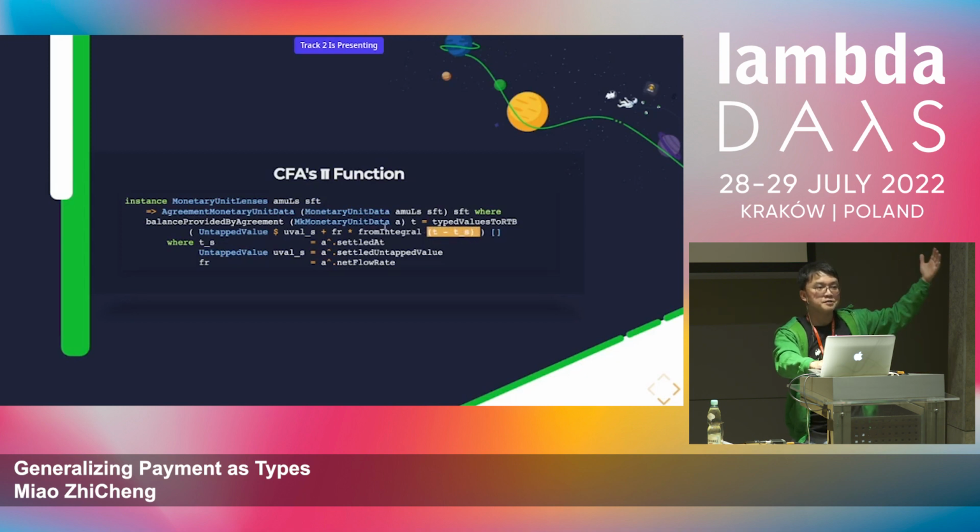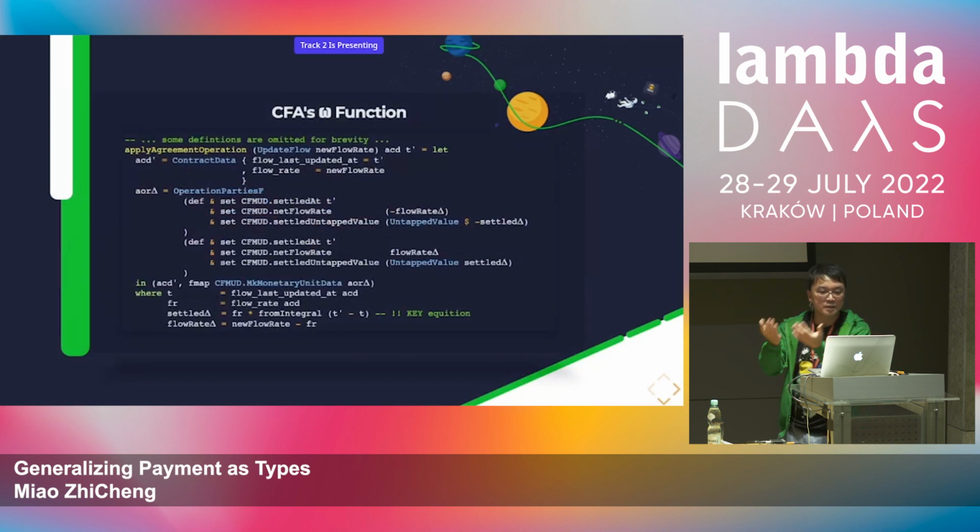So nothing else is changing, only this T is changing. And that's how your account gets either more and more money, depending on your net value, net flow rate. Is it positive or is it negative, right? Another thing you need to define is, okay, what if we want to do an operation called